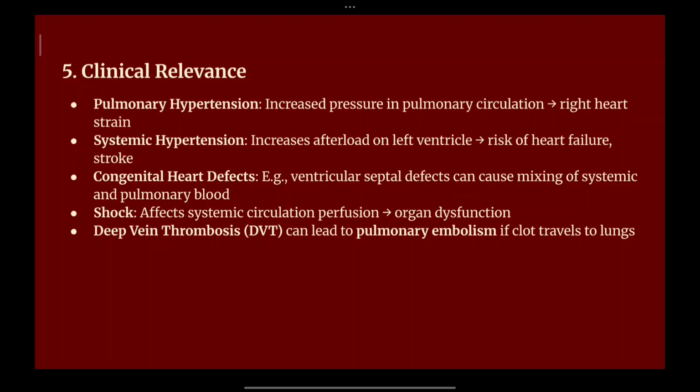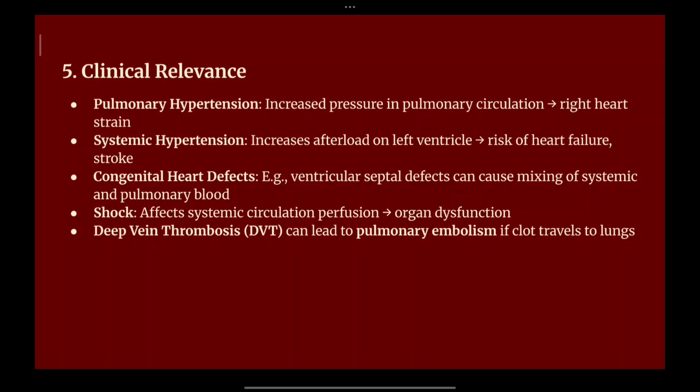So here you can see there is a ventricular septal defect, whenever there is a defect in the septum. The septum is the muscular separation between the left and the right ventricle. Whenever there is a defect in the septum, it leads to mixing of the systemic and the pulmonary blood, which is the oxygenated and deoxygenated blood, which can be fatal for the baby. It can die once the mixing of the blood takes place inside the body once it is born. So it is essential that the genes of your body are working efficiently.